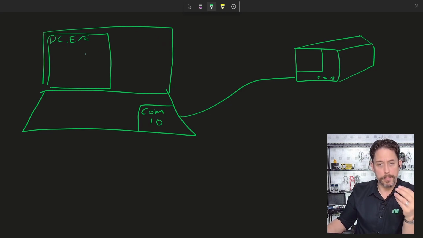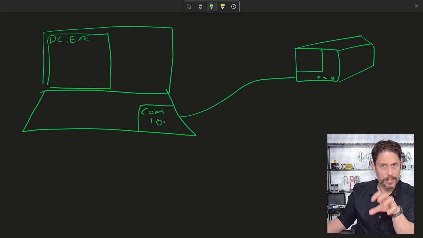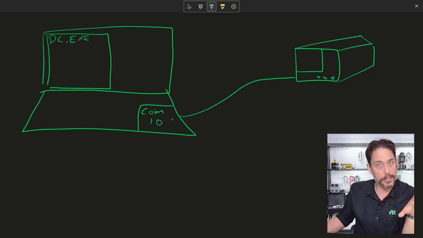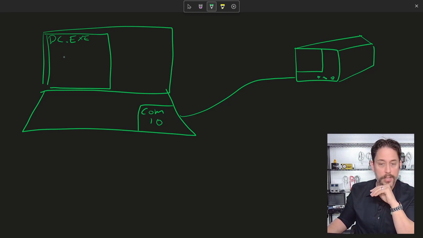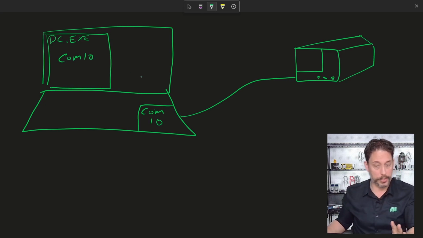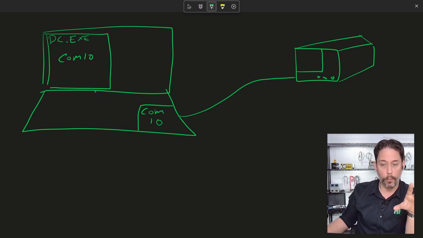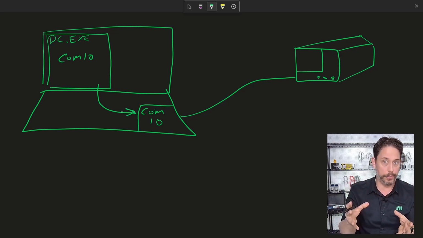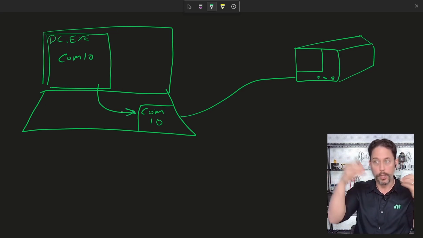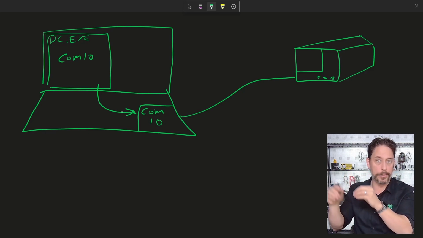Okay, as previously mentioned, I've got the executable and it's been configured to talk to the COM port. The established port number is already set in terms of how to talk to the device, so I'll configure COM10. And that's what we were looking at just a moment ago. That indeed is functional. But one thing about this link is that any COM port